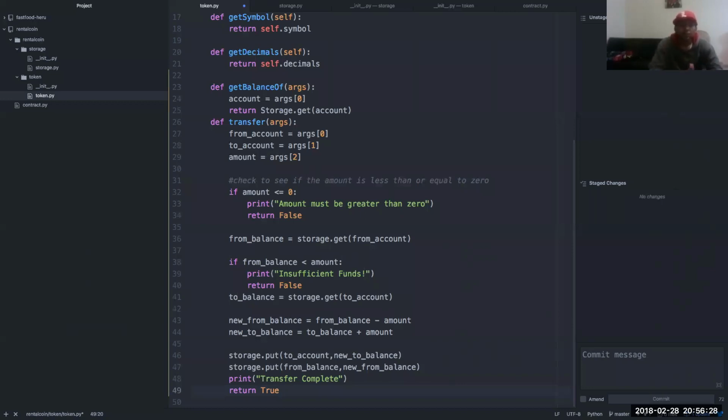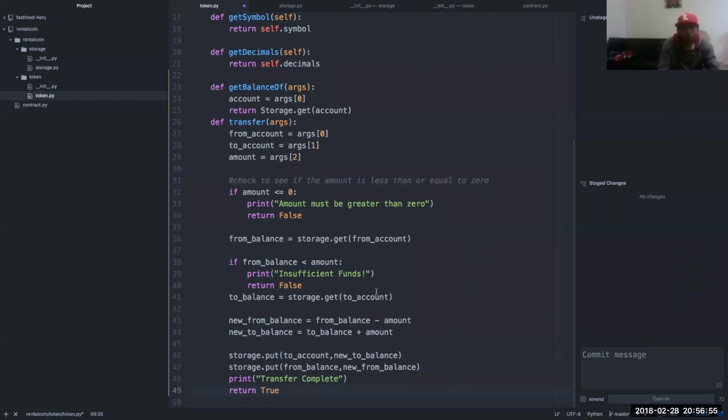You create the new balances: for the from balance, the from balance minus the amount, and for the to balance, the to balance plus the amount. You're going to put that on storage on the blockchain. You have the new balances on the blockchain, and then you return true. Pretty simple.